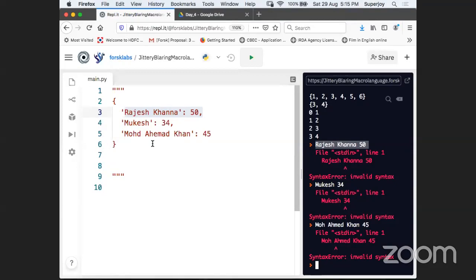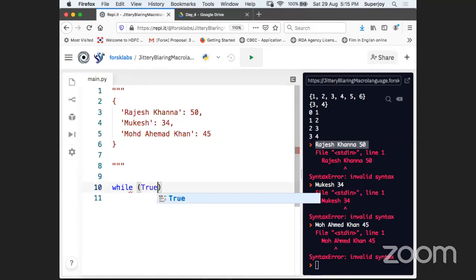So let me tell you, guys, it may look like a good problem to solve. So let's see how we are going to do that. I'll just solve it for you. I came to this problem because someone asked me how we take input for a dictionary. Narayan Chaudhary was asking that question. So see this, guys. If you want to take multiple inputs from the user, what should we go for? Should we go for looping? Yes, we should go for looping.